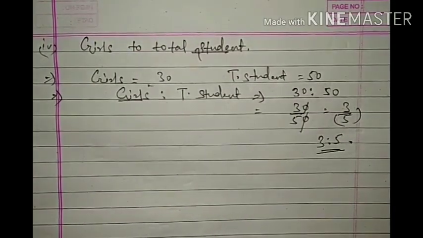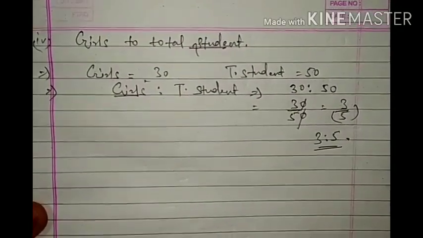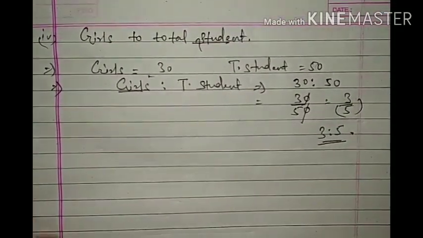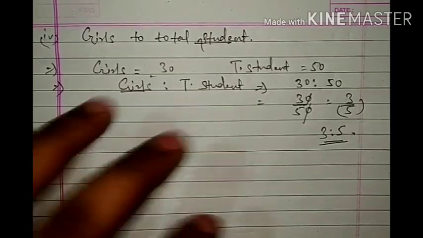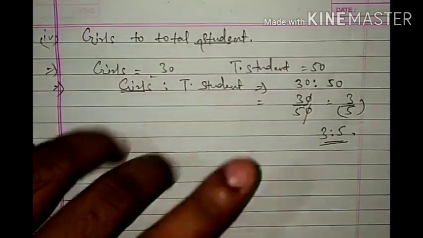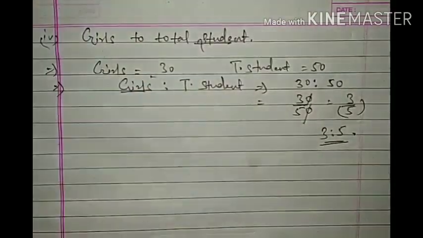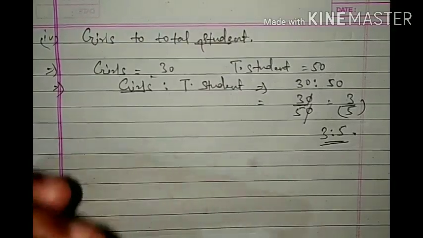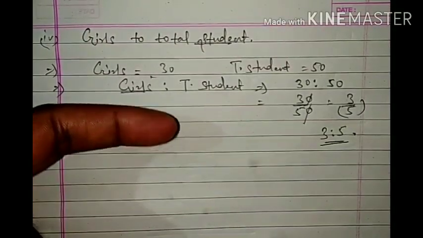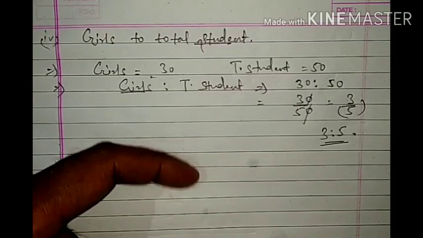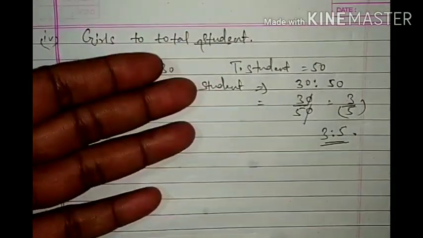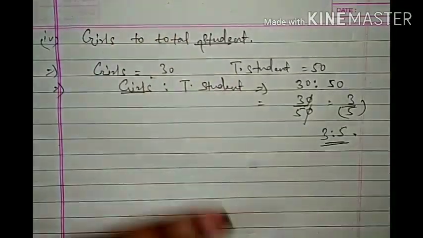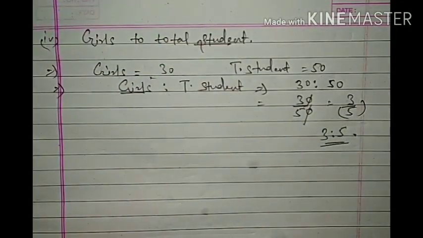This is how we define ratio, types of ratios and properties of ratio. In this particular class, we studied about ratio. What is ratio? The ratio is basically a comparison of two quantities of the same kind and same unit. This is ratio. Ratio and its properties. What are the properties of ratio? If we multiply or divide a ratio by the same non-zero number, that does not change the ratio.